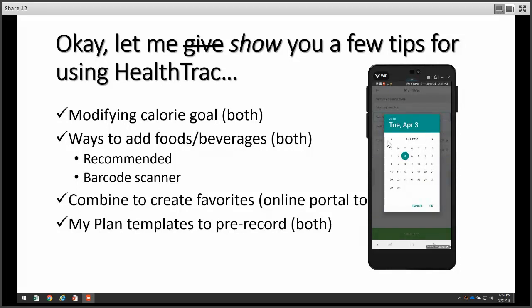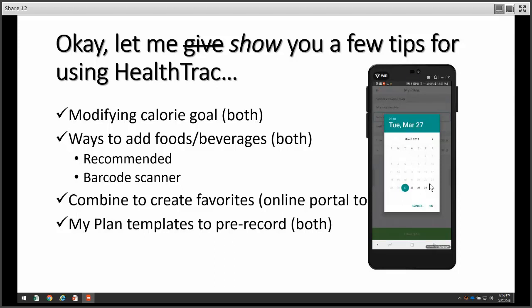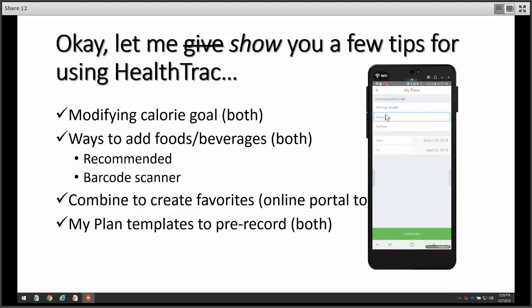Let's just take the sample plan, and I'm going to say I want you to apply that for the 30th of March through April 3rd. Actually, hold on one second. Forgot you have to do these one at a time. So you set the from date, and then we're going to set the to date.